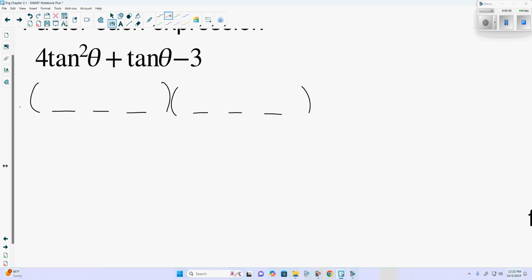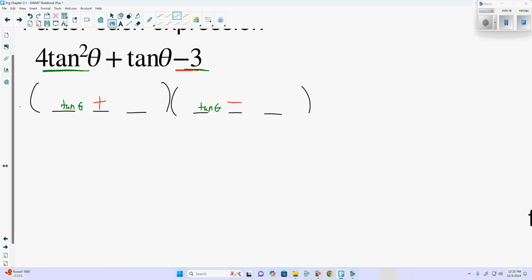So we move to our 2 sets of parentheses with 3 spaces. Our third step is the sign. If the third term is positive, the signs are the same and match the sign of the middle term. If the third term is negative, the signs are opposite. So one's going to be positive, one is going to be negative. At this point, we need to find the factors of the first and third terms. Like with variables, the only way we can get tangent squared is tangent times tangent. So in the first spots, we'll have tangent of theta and